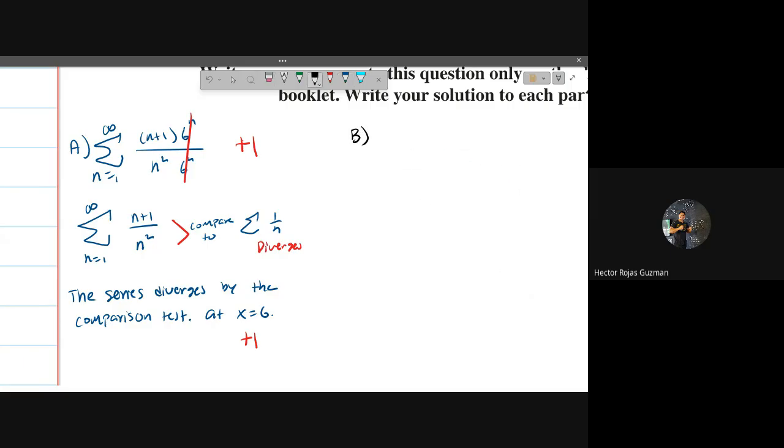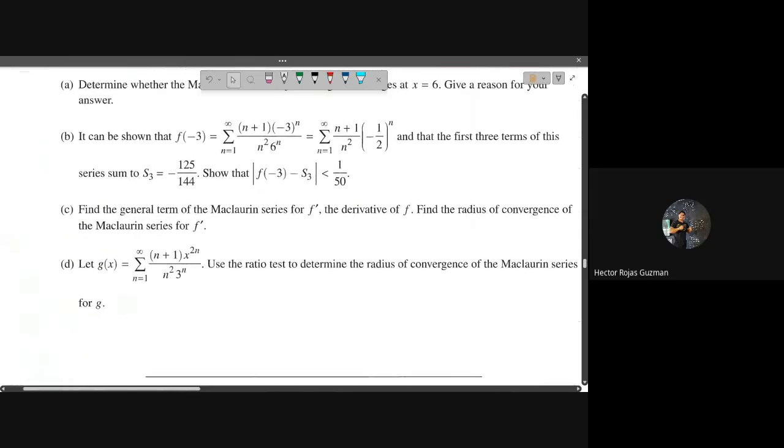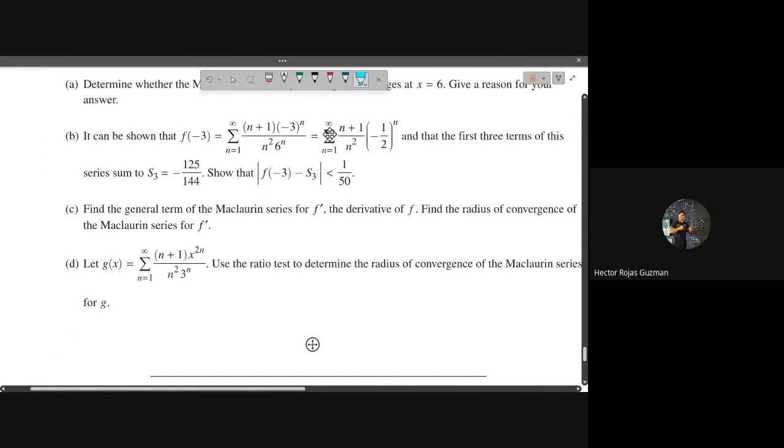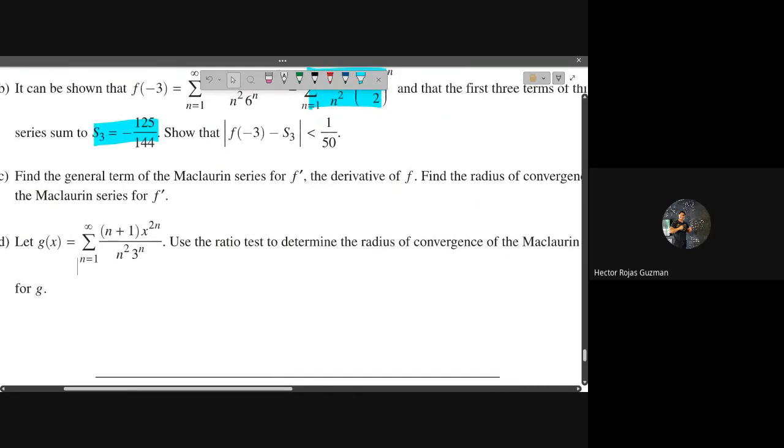Part B. So it can be shown that f of negative 3 simplifies down to this series. And the first 3 terms of this series have a sum that is negative 125 over 144. Show that the absolute value of f of negative 3 minus S of 3 is less than 1 over 50. This is where knowing your formulas and concepts allows you to recognize the setup really quickly, because this is the alternating series error